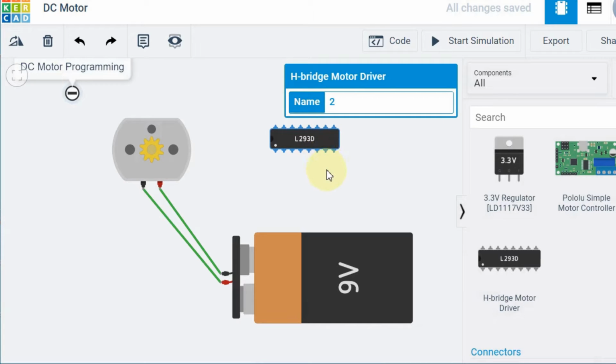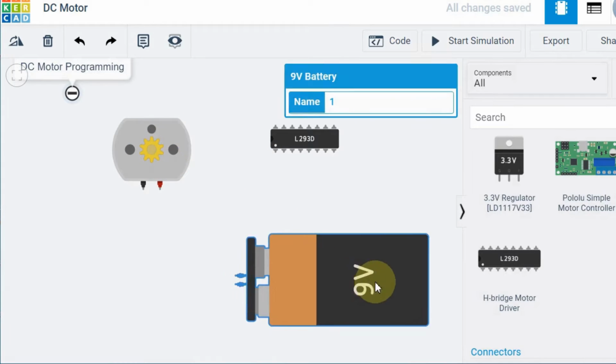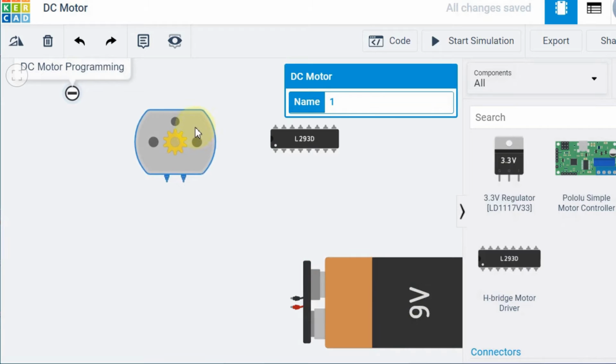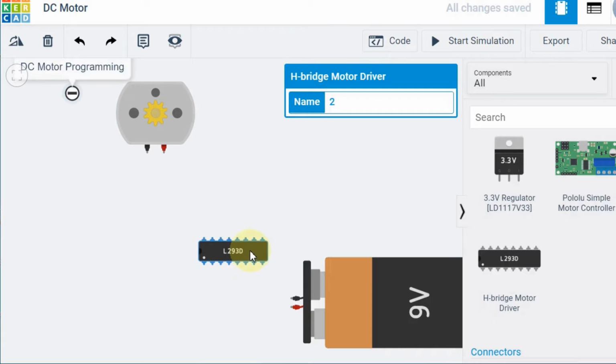So just see how to connect this. Before starting the program, we will see the simple connections, how to make this. So I'm deleting this wire. For example, say this is a 9 volt DC motor, and a 9 volt power supply I need to give to this DC motor. So for that, we'll see how to utilize this IC. I'm just rotating it.